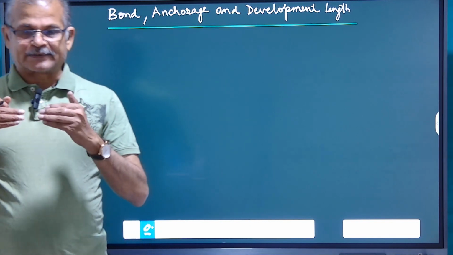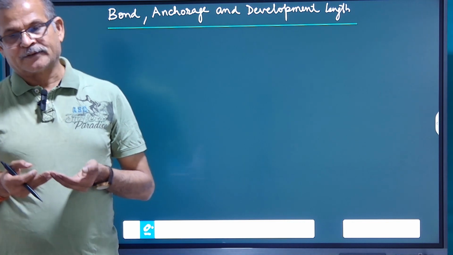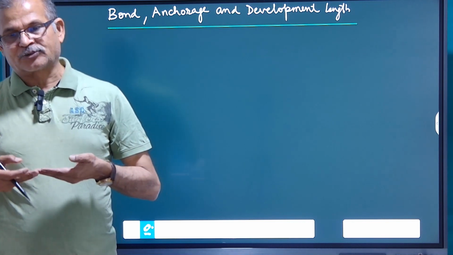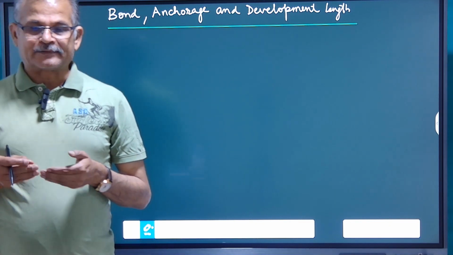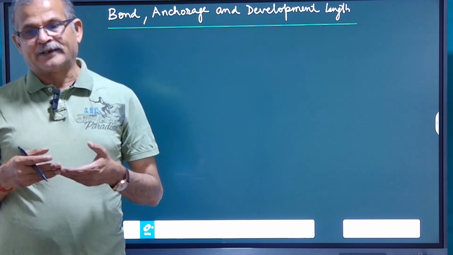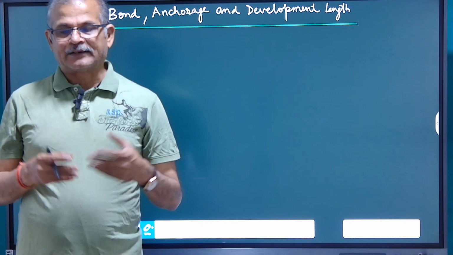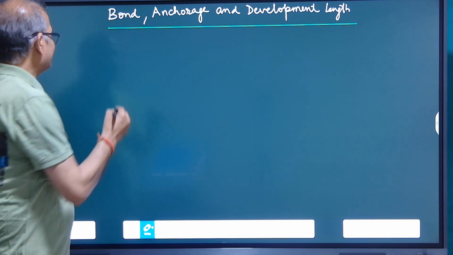that section remain plain even after application of load. So this steel should be anchored properly in the concrete. Second is the length required. The length of member required to develop full bond is known as anchorage length, and the bond is measured by the bond stress. So first point is